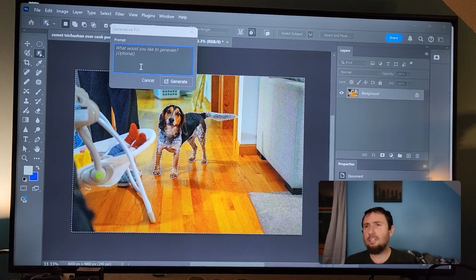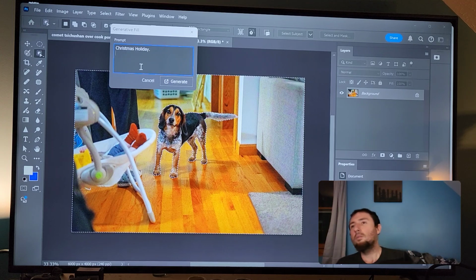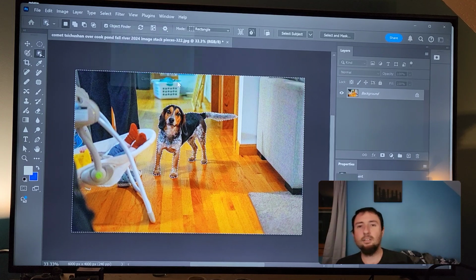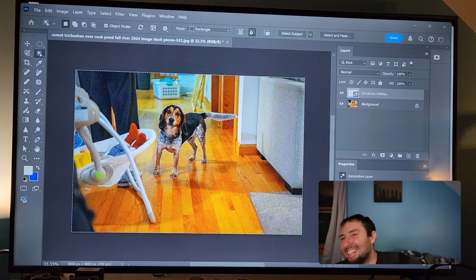So let's type in a holiday. Let's just type in Christmas holiday and see what happens. Let's see what it's like when the dog goes on a Christmas holiday. Let's see what happens. Sometimes it's really, really disturbing what this shit comes up with, especially if you put a really basic thing like that that just doesn't kind of have context. It just comes up with shit. So yeah, we're going to have some fun tonight. Let's see.